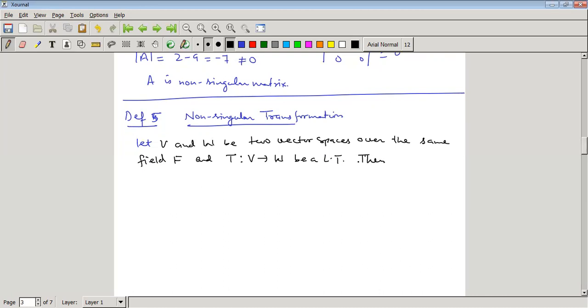Then T is said to be a non-singular transformation if and only if